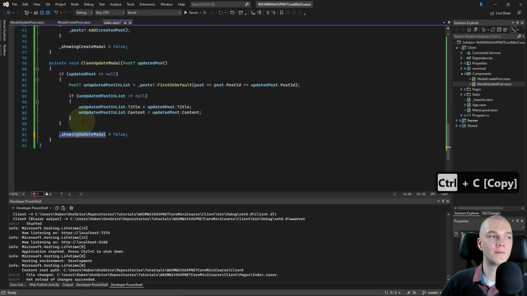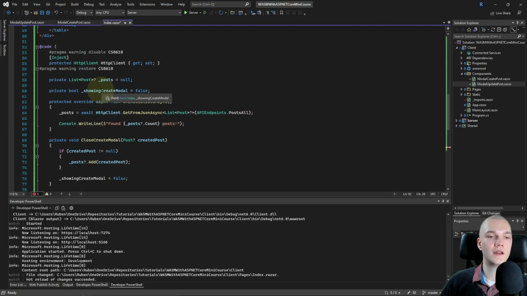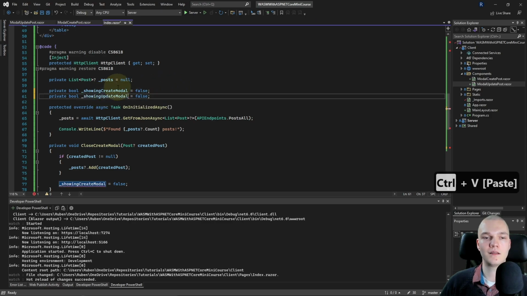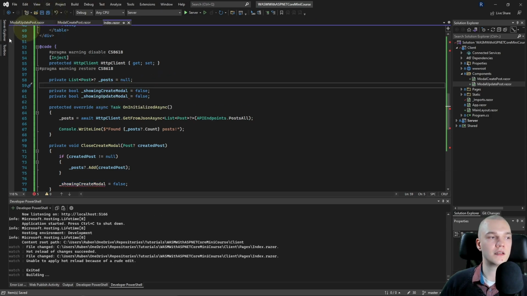Copy the name, scroll up, and I'll just duplicate this showingCreateModal with Ctrl D, double click that, paste the name, save that.